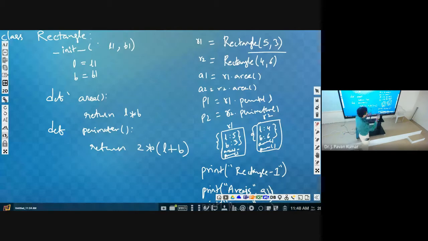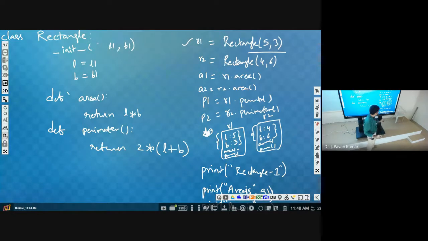So whenever we create object like this R1, then memory will be created, then L and B will be there, and those values we are passing will be assigned to L and B. Afterwards area, perimeter will also be there. Okay, it will not be available for ready use. Area we have to invoke, then only those statements will be executed.